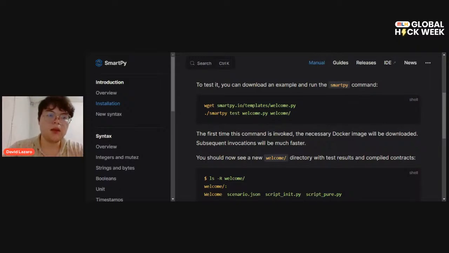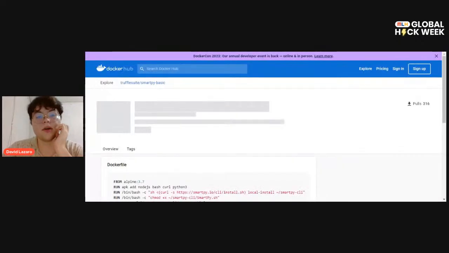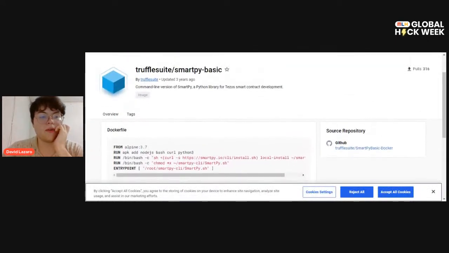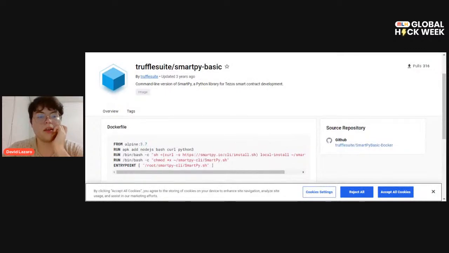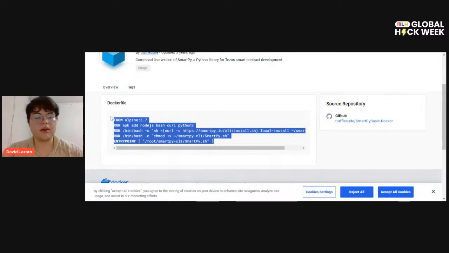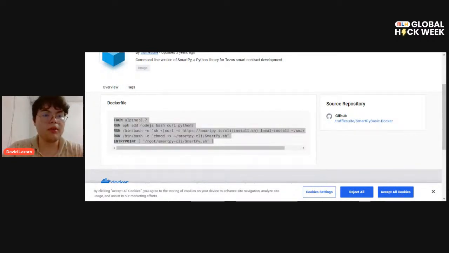How to install SmartPy in Docker. So, okay, there's a Docker file here that allows us to do that. We have Truffle Suite, SmartPy Basic, Python library. Okay. Right. So let's go here into